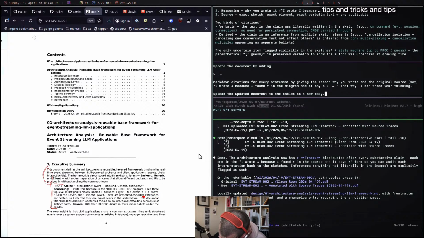Good. They're presented as sibling categories, not nested, so I inferred they're equal pairs in the architecture. I'm really, really impressed. I'm glad that I decided to do this experiment today.